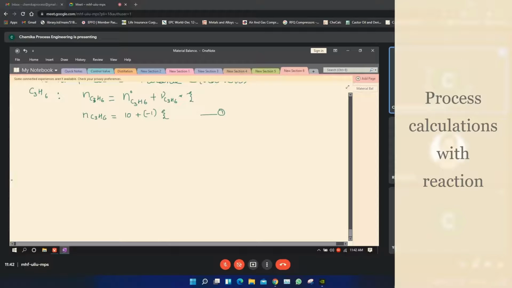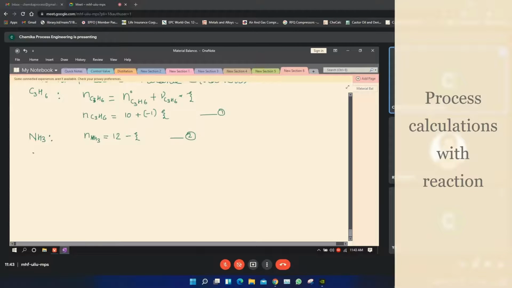and we can solve the system of equations. So for ammonia, you can write the similar equation. I will just write directly: NH3 outlet is equal to inlet, because the outlet flow rate we do not know at all. Inlet is 100 multiplied by 0.12, so that will be 12, minus, since this is a reactant, the stoichiometric coefficient of ammonia is -1, times zeta. So this will be equation 2.